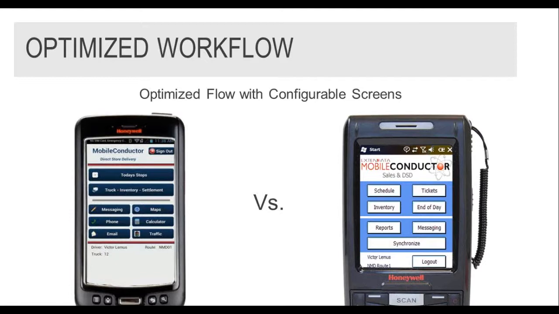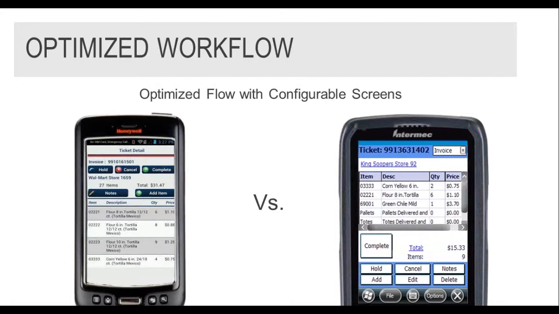So with this screen here, you can see a new DSD main menu and our old DSD main menu. With that, I can fully configure the Android one, where I was really limited with what I've got in Windows. The other thing you'll see there is the ability to tie in with other applications on the device and make those available from certain screens as well. And again, we'll talk a little bit more about that in our integration improvements topic.